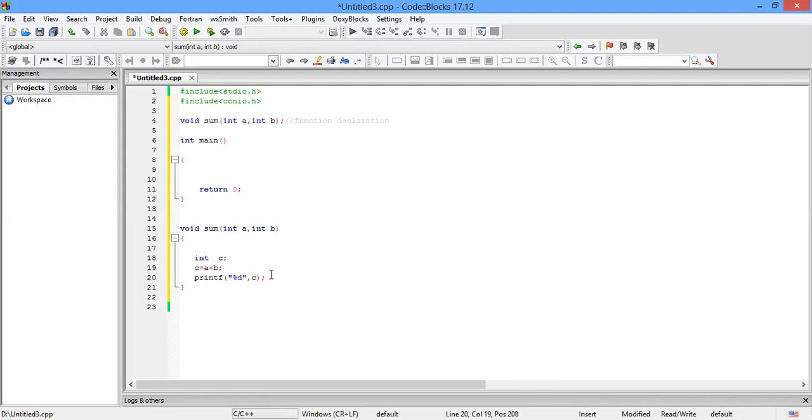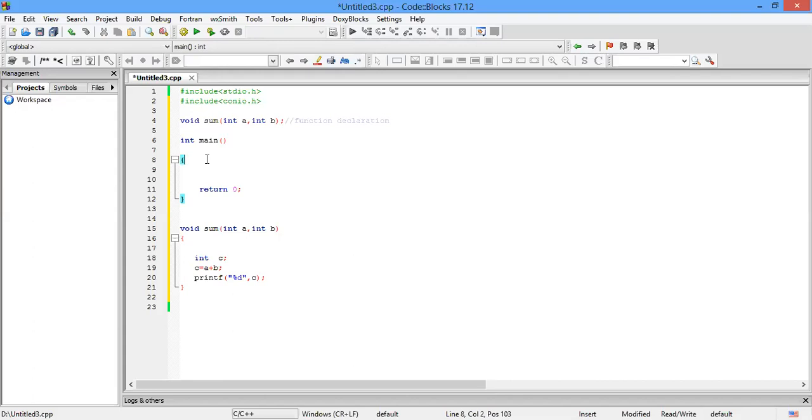Fine. Now the next thing is, I have told you in the first lecture that the execution of a C program always starts from int main. Your compiler will execute int main and go inside it. Now from here it is required to call the function that you have made outside of int main, because your execution always starts from int main.